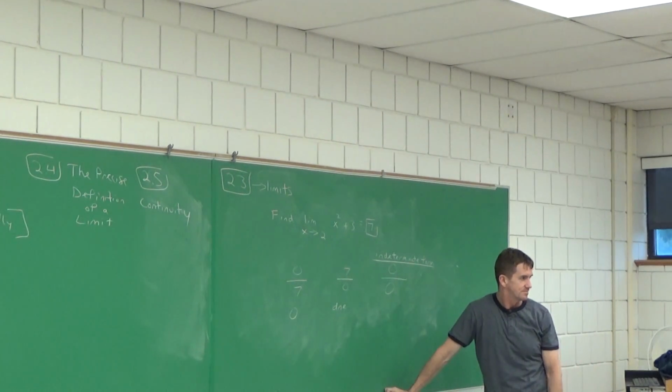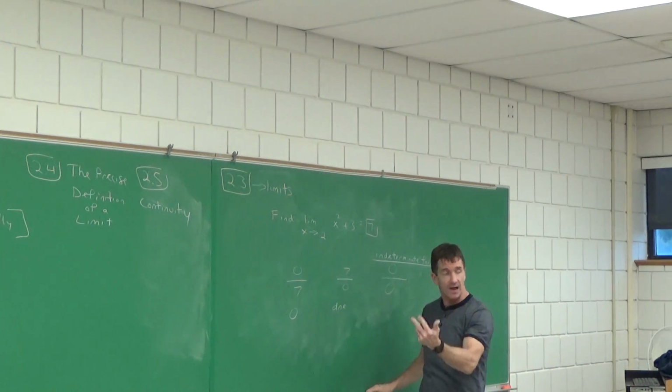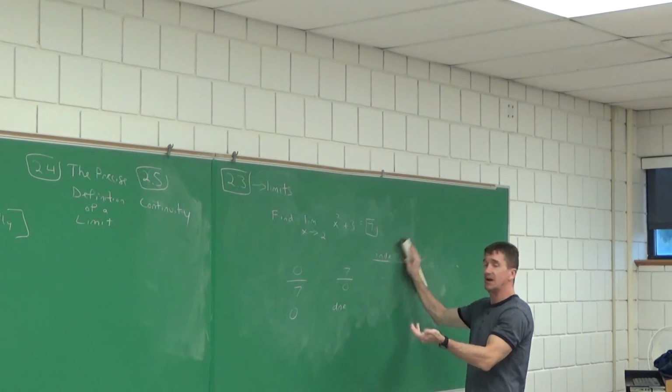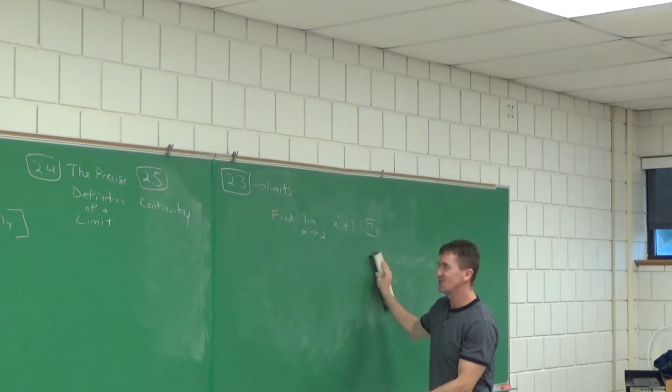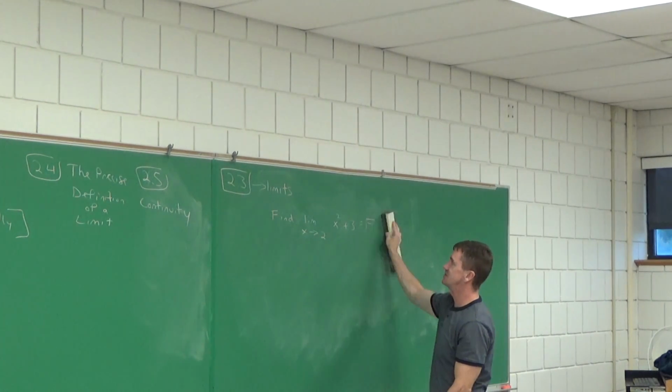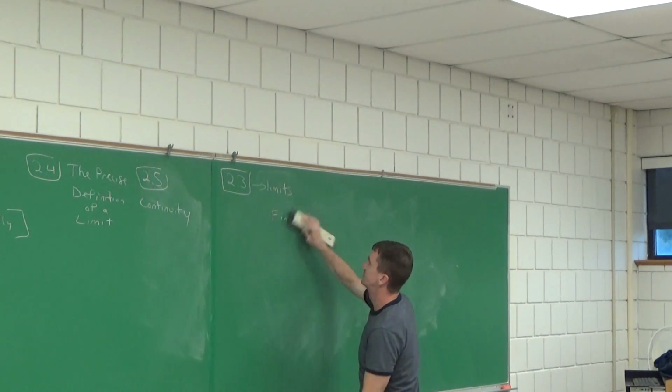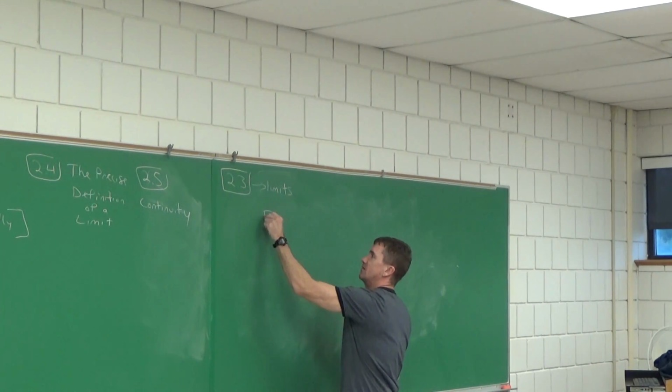Sound cool? These methods of graphing it still work. You can still pull out a graphing tool and graph it if you want to investigate it. Sometimes it's hard to see what that limit is, especially if it's irrational. So, here's my first one. All right, I want to find the limit